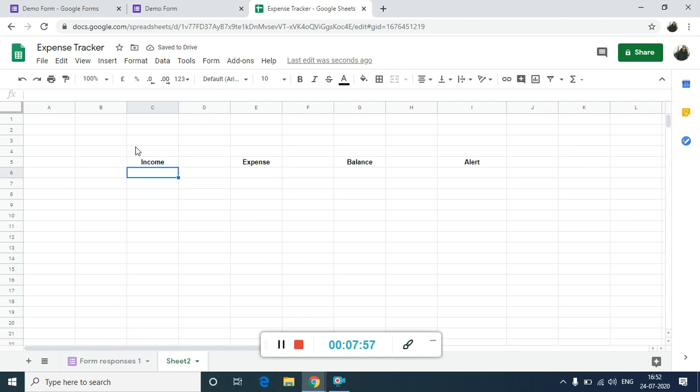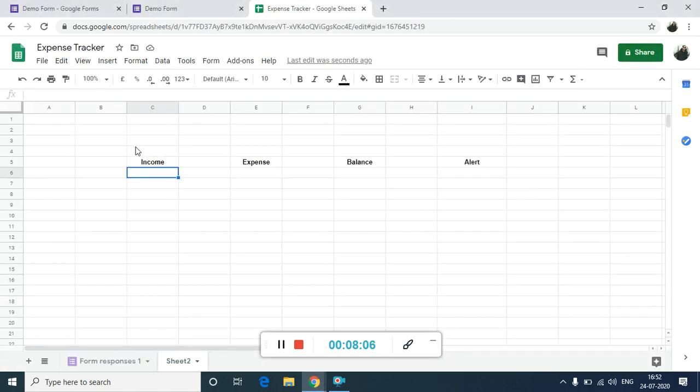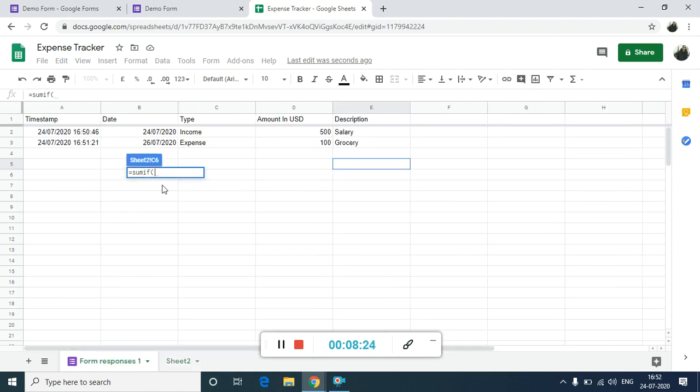Now coming down to income, we need to enter a formula over here. Okay, we need to enter the SUMIF formula over here. So we click on the cell below the income, then we enter equal to SUMIF, brackets open. We go down to the response sheet over here and we select the entire column by clicking on the top of the column.